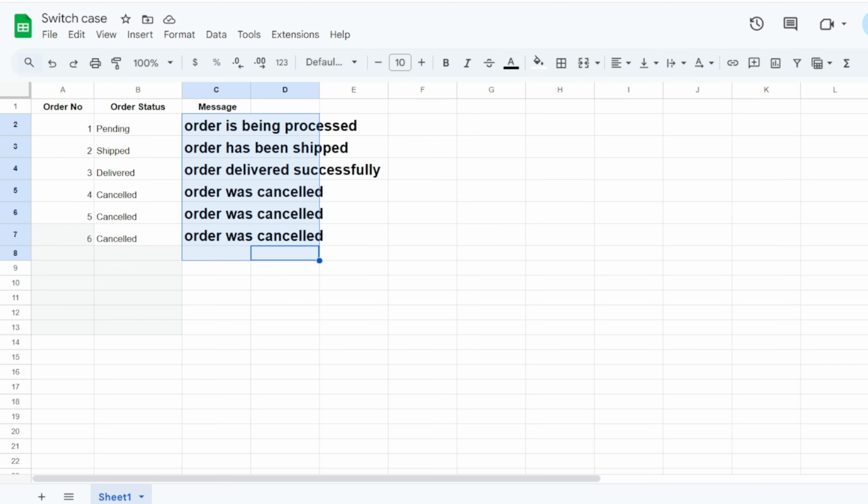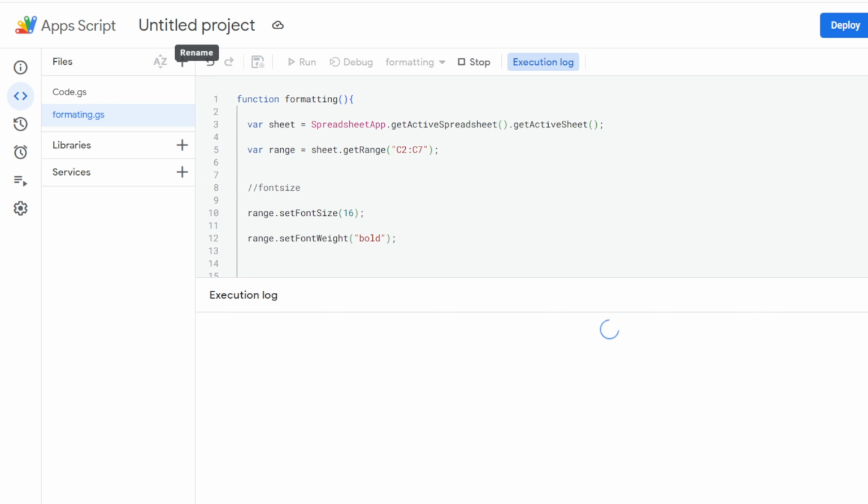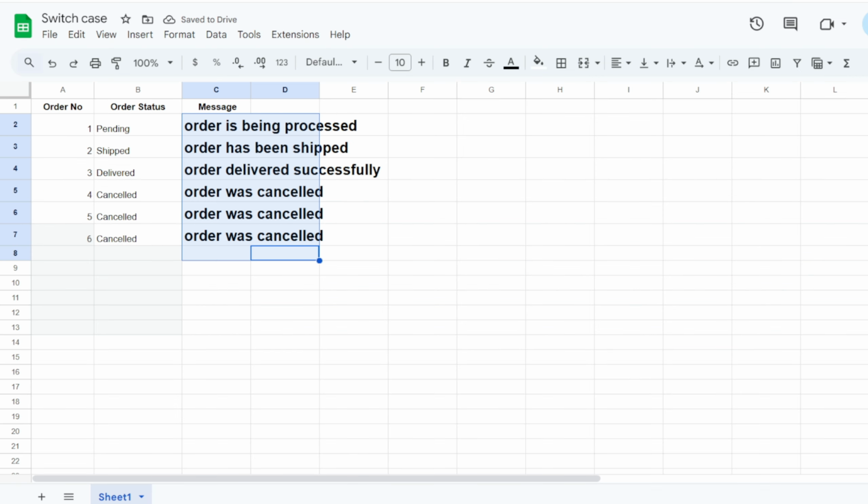See, it became bold. If we do it again, see,